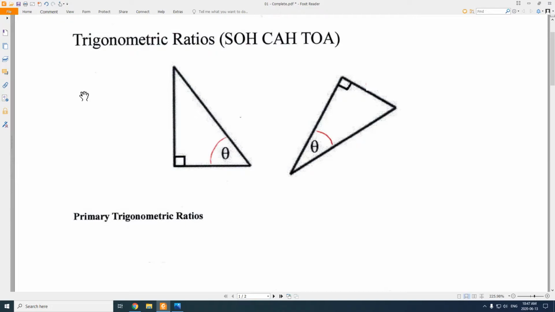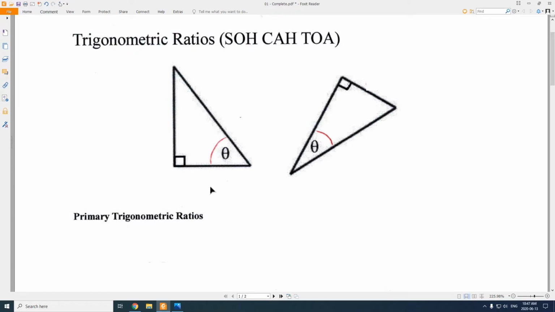Normally I have you guys go through and do an investigation and come up with those equations yourself, but it takes quite a while, so we're gonna skip that for this year. But you can come up with these equations by just going through and measuring a bunch of different triangles. So you measure the lengths, you measure the angles, you start to compare them together, and if you do enough of them, you start to notice these patterns. And what those patterns show you is that whatever angle you're looking at, that angle has a ratio between the